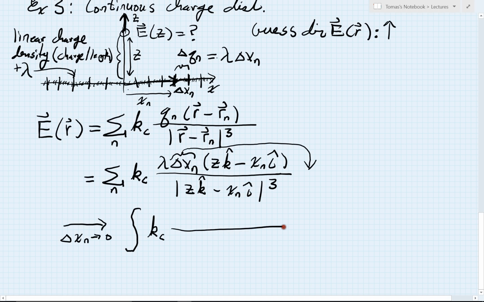I've got numerator and denominator. In the numerator, there's lambda. Delta x sub n, we've moved to the end of the row. We'll handle that in a moment. Then I can open my parentheses. I've got z k hat